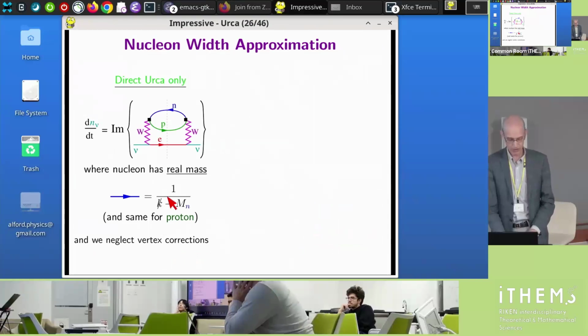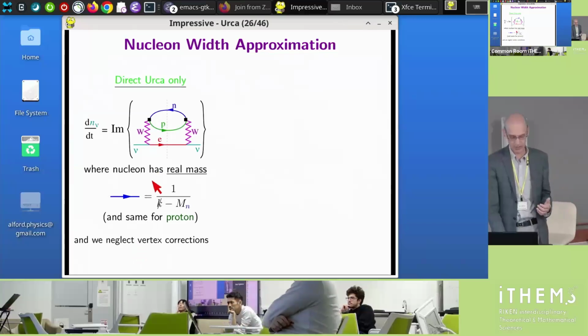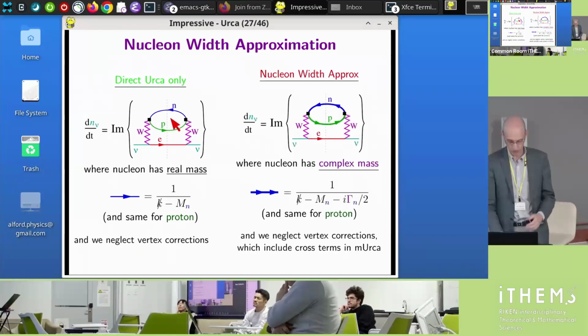So the propagator is just 1 over k-slash minus m, and the same for the proton. And we're neglecting other strong interaction corrections. We're just doing that, the in-medium neutron and proton. So all we need to do, if we want to include widths for the neutron and proton, is include widths in those propagators. So we just turn our thin propagators here into thick propagators here,